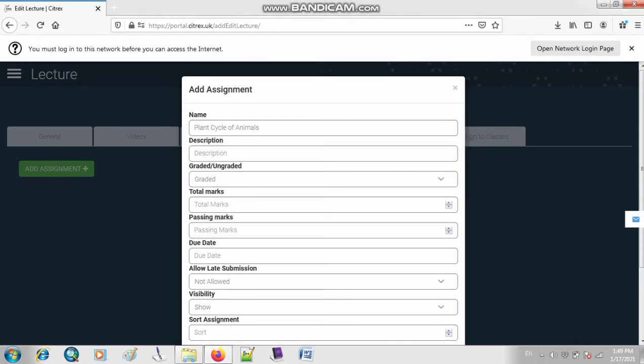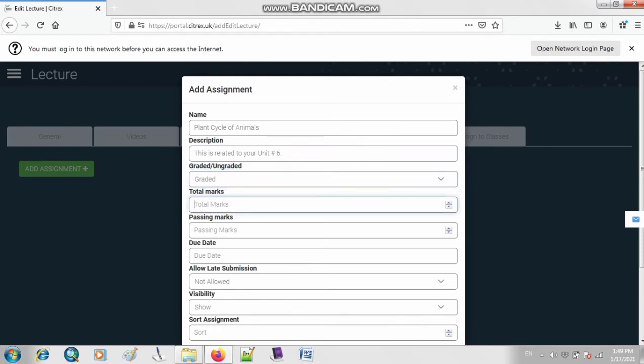Okay, and then here you have to type your assignment complete detail. You have to fill this form. Here you can type anything, like this is related to your unit number 6, and you can tell any kind of detail or instruction whatever you want. So at the end you have to choose the option of graded or ungraded. I'm going to click on this option of graded.